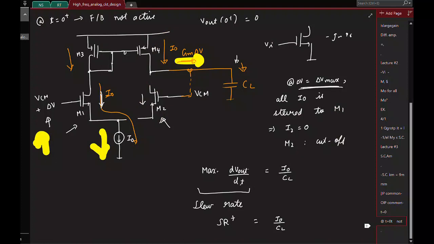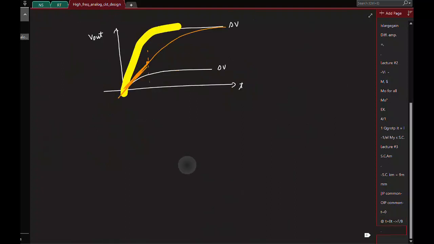So this maximum rate at which the output can increase for a given capacitive load is called slew rate. Okay. So just like we have the positive slew rate, you can also have a negative slew rate, right? So what that is